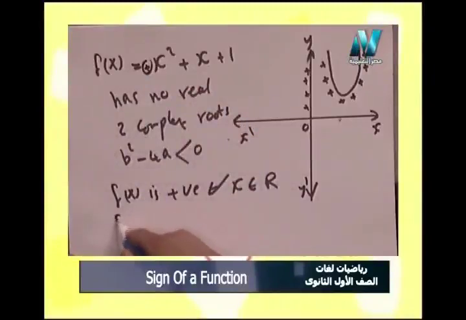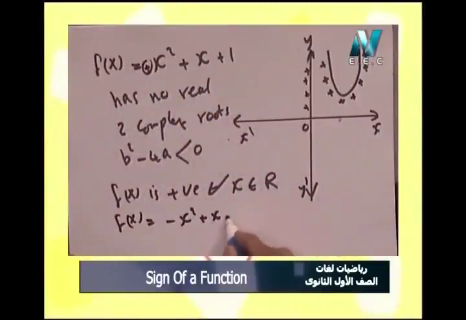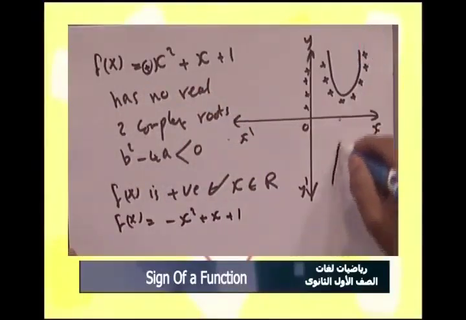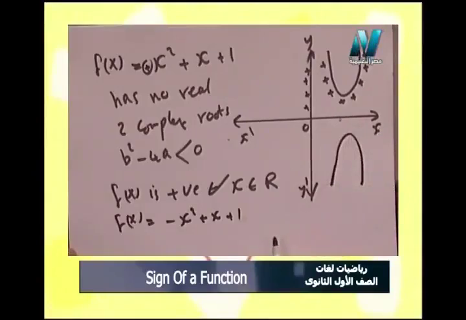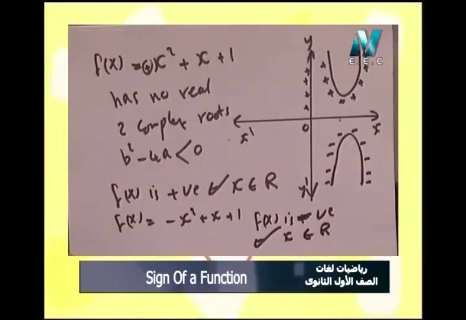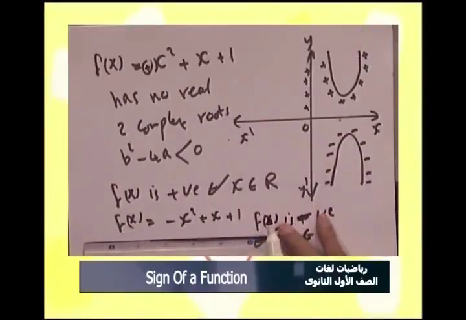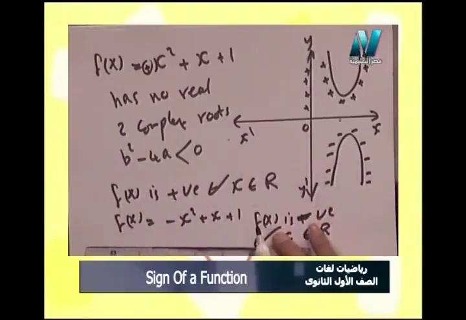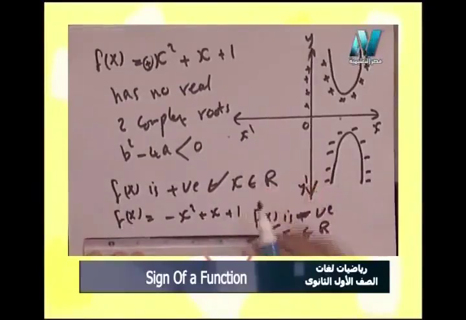And if we have another function here, −x² + x + 1, it will be like that, and it will lie completely downward of the x-axis, so it will be negative here. So the function is negative for all x belongs to R. And if we would like to draw a number line here like that,